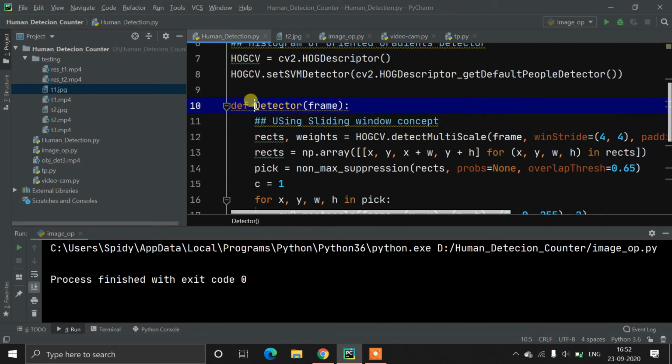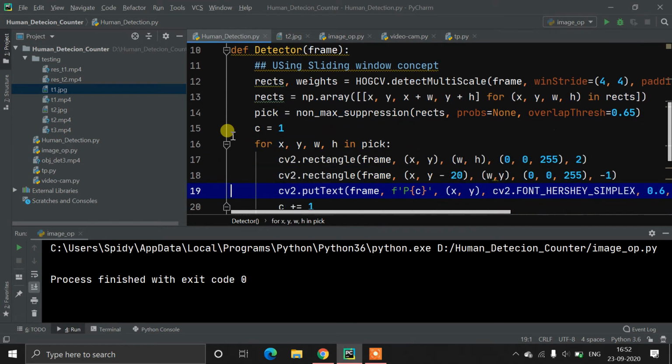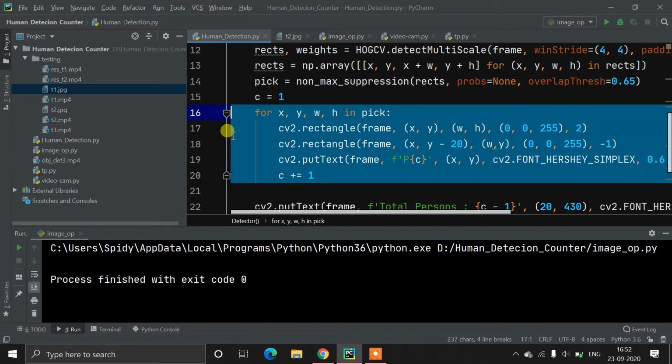The detector will take the image and first detect the persons and get the values of all the boxes. Then we convert all the data into an array, apply the NMS algorithm, and draw the rectangles on it.